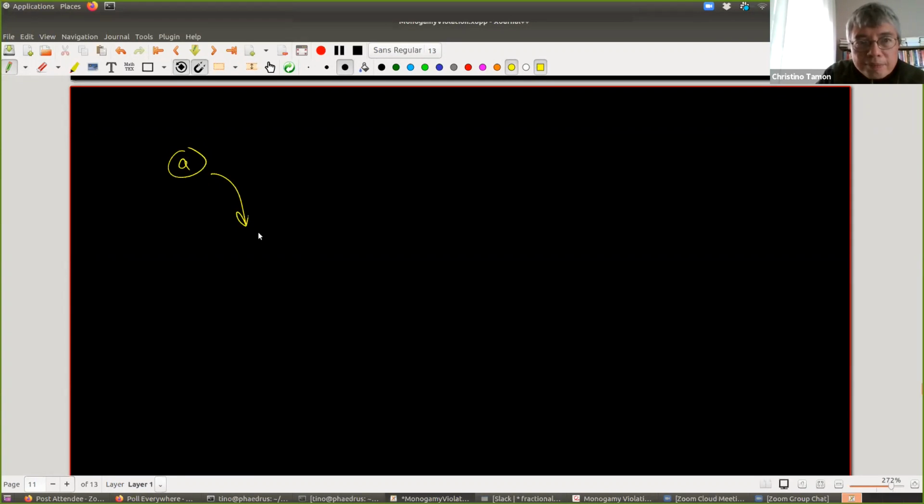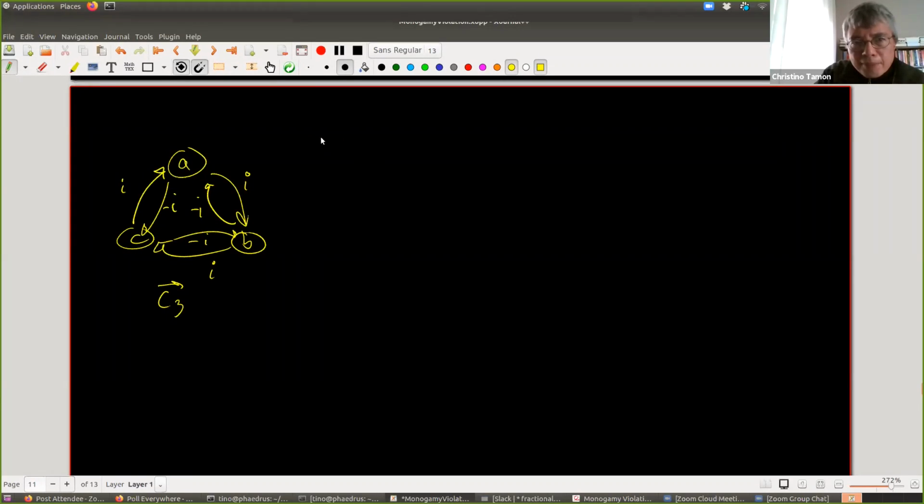All right. So with time remaining here, we were looking at this C3 essentially, but oriented, where we put I on the forward direction, and implicitly there's a minus I going back, right? This matrix. So let's see. So this is A, B, C. So A to B, B to C, C to A, and to make it Hermitian, we have to simply just fill it up with the complex conjugate. Okay, so this is the matrix.